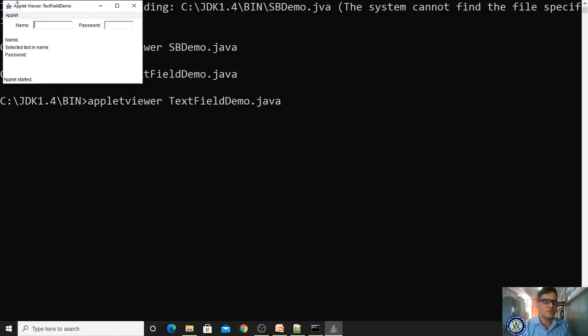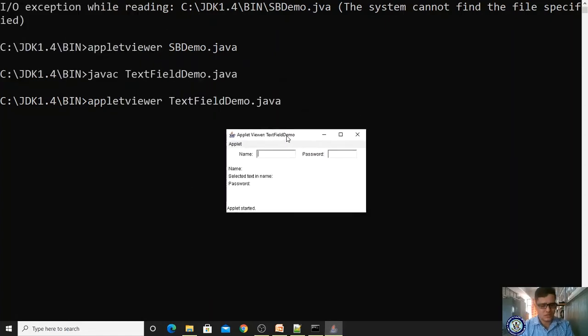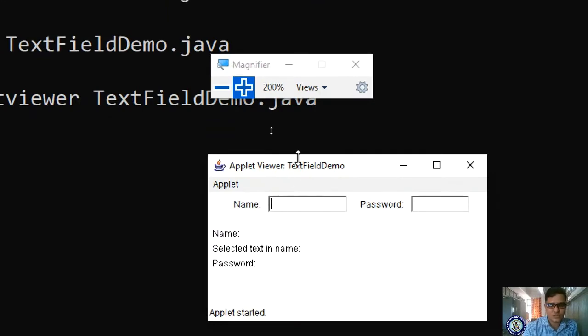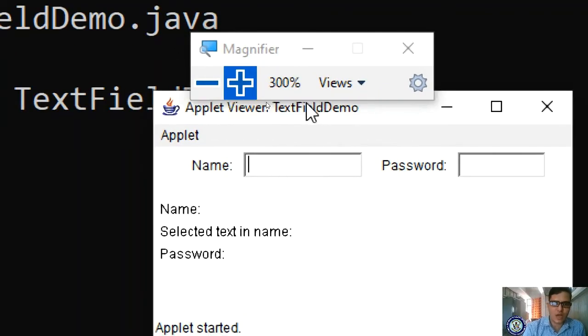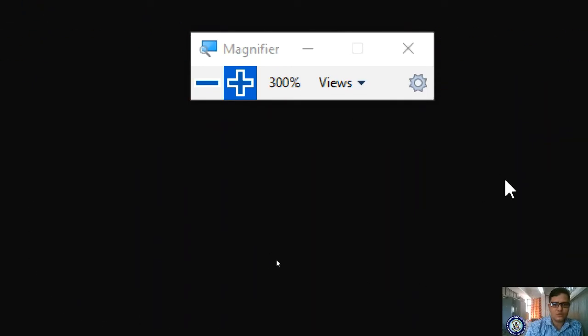So now it is displaying, right? For better understanding, let me zoom it. Okay, fine. Now please observe, I'm entering smc here.